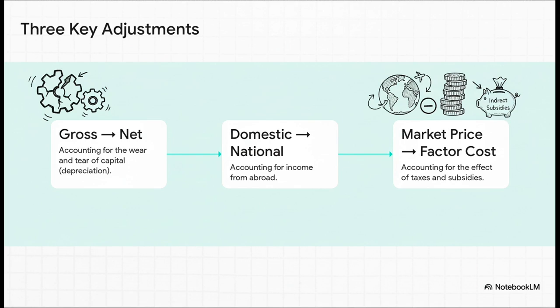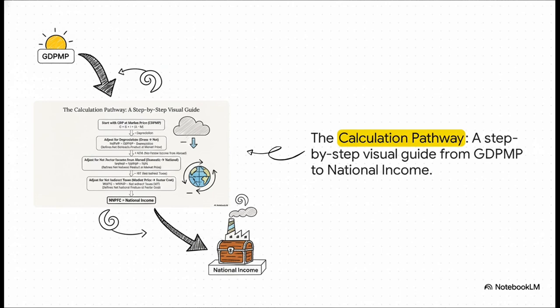That gets us closer to the true cost of producing everything. This chart maps out the whole journey for us, so let's just chase the path. We start up top with our GDP at market price. Step 1, we subtract depreciation to go from gross to net, giving us net domestic product. Step 2, we adjust for that income flowing across our borders to go from domestic to national. Now we're at net national product. And the final step, we adjust for taxes and subsidies to get from market price to factor cost. And that leaves us with the final prize, net national product at factor cost, which is just another name for